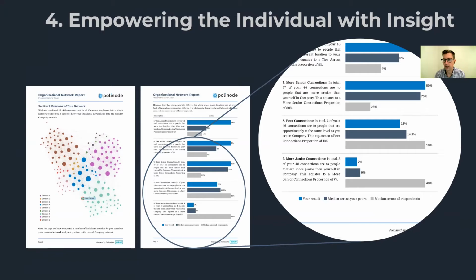And what we often find is that diverse talent in the organization has a tendency to have fewer connections to people that are more senior than themselves. And back to that original motivating point, that's really important in terms of making sure that people get exposure. It's important around promotability and so on. And so one way that we can make this more actionable is by giving individuals insight into how they compare with other people.